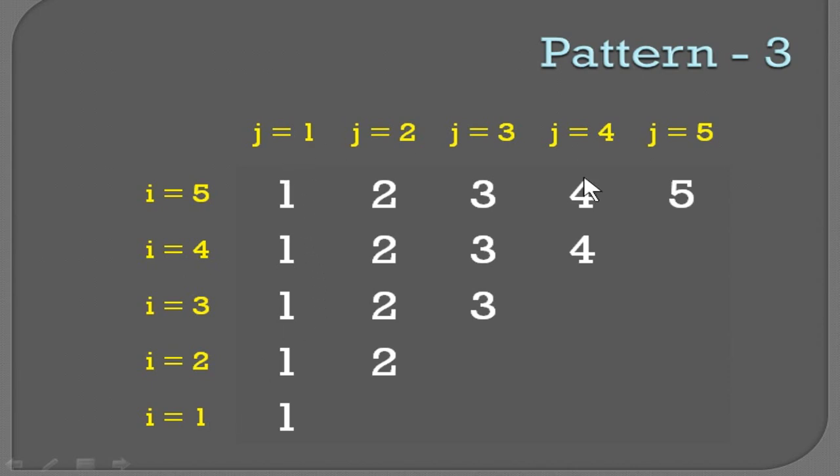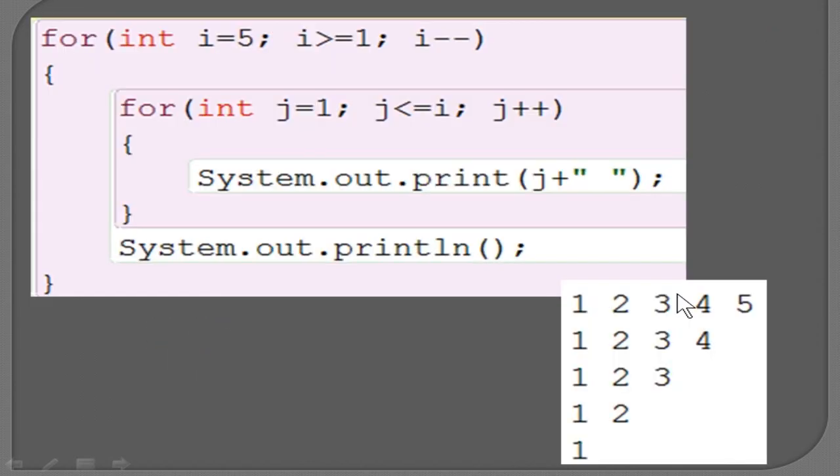Now to find the inner loop. Inner loop, you can see the first row itself you got the full set of numbers. So start value is 1. Every row it is starting with 1. So j value is 1 and every time the end value is changing. First time it is 5, second time it is 4, then 3 and then 2 and then 1. That means the end value will be the I value. Notice here, if the I value is 5, it will print till 5. If the I value is 4, it will print till 4. If the I value is 3, it will print till 3. So this is how you can find the third pattern.